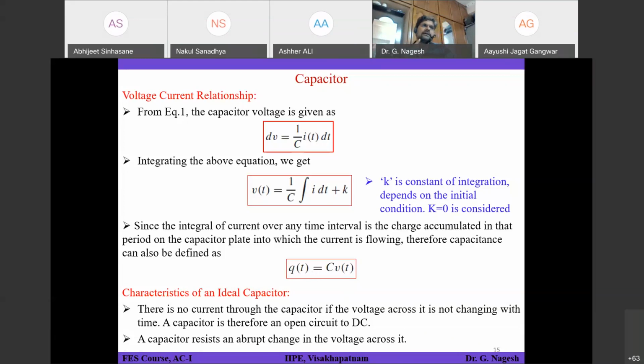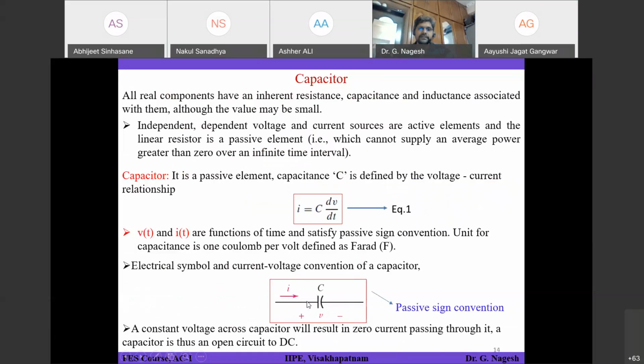If you interchange the polarity, that means the sign convention I have shown here, this is the sign convention you have used. Suddenly at one instant of time, I try to inject current in the opposite direction. Then it will not add up, it will become opposite. Maybe you will get confused. Because for the current direction I have chosen here, this is the polarity. If you choose the current direction in the opposite direction, then the polarity will be opposite to that. Then it will try to reduce the charge.